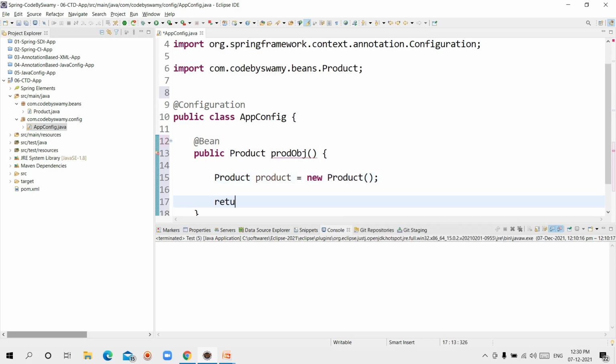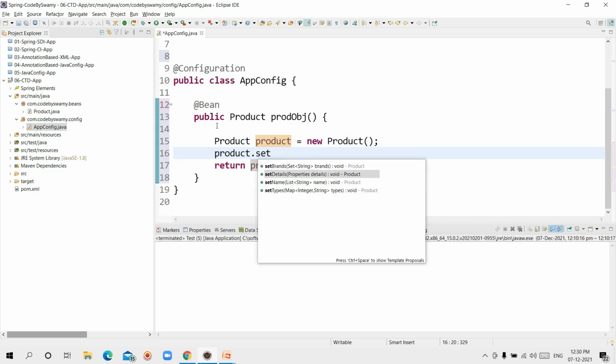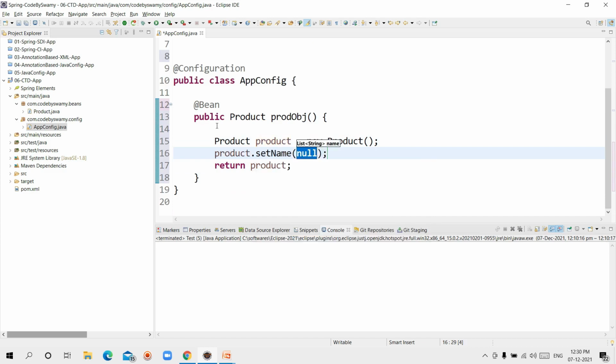Return product only. Now I want to set the data. product.set, first of all I want to set the list, set name. For better understanding purposes, I am giving the method name as list.